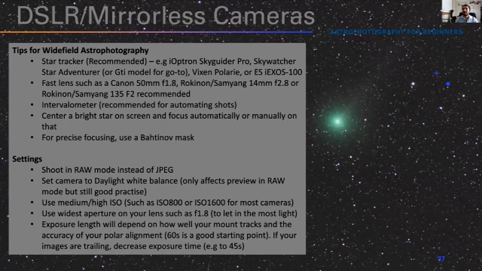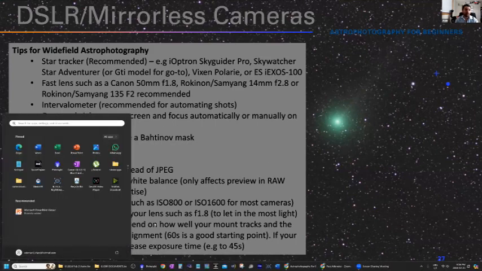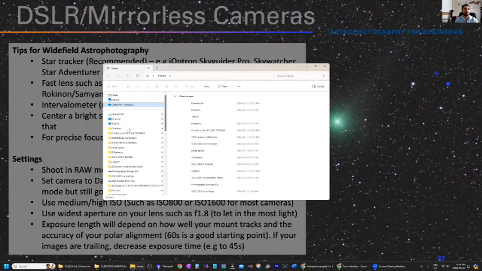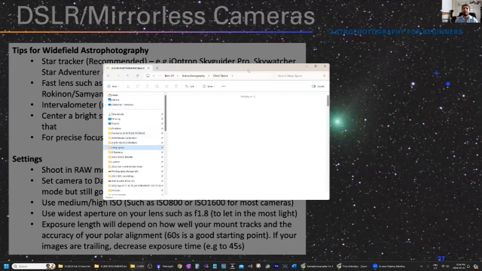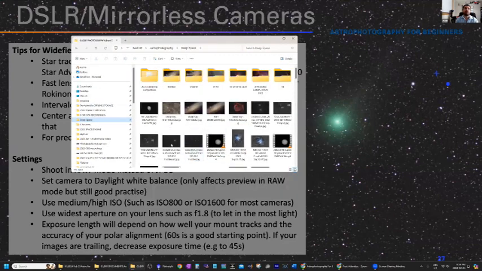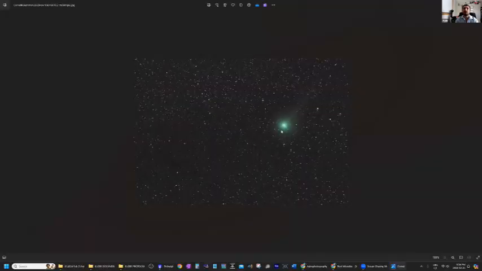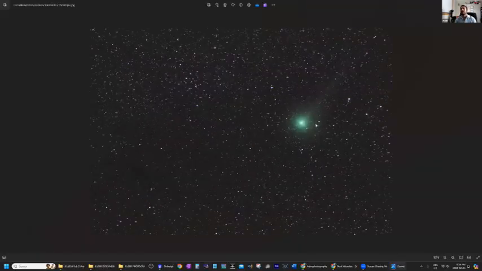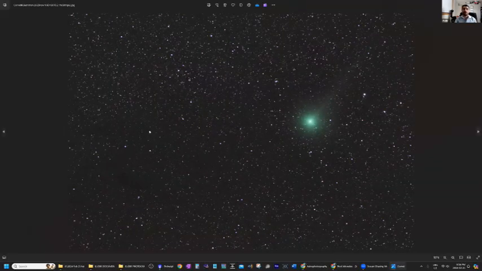So the image you're seeing in the background, this was shot with my lens wide open at f1.8, and this is not a premium lens. Brand new, you get it for about $600 usually. But my stars turned out pretty good over there. I'll share with you here a clearer version of this picture that's not on Zoom. So as you can see over here, the stars look pretty good, even wide open at f1.8. So I have no complaints about them.